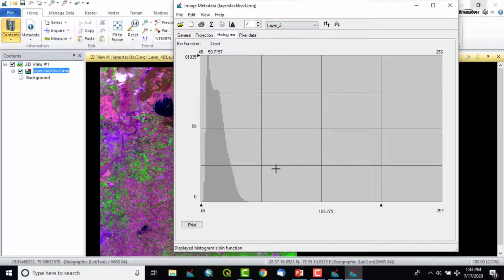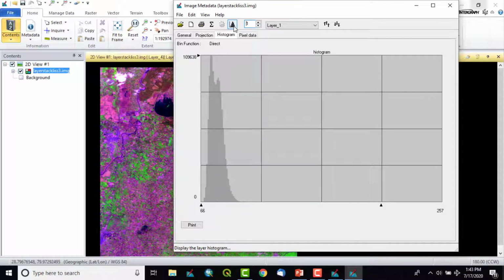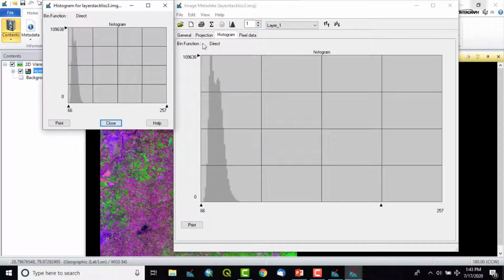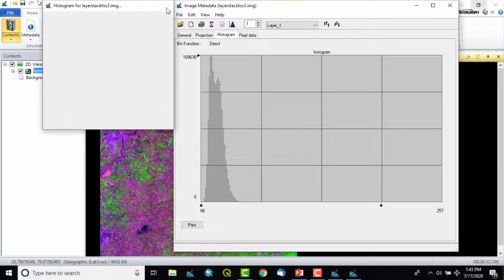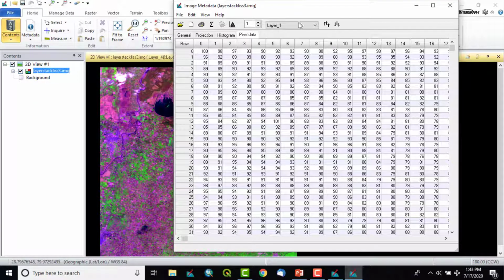Then layer 2 will have some different range like 45 to 57. Same way layer 3 and layer 4. So these are actually the different bandwidths. From here also we can change, and from here also we can get the histogram. And the last one is the pixel data.